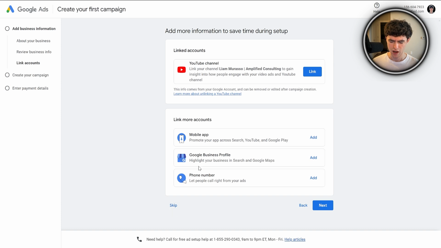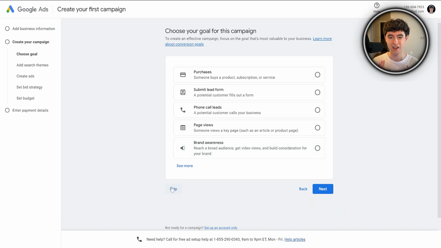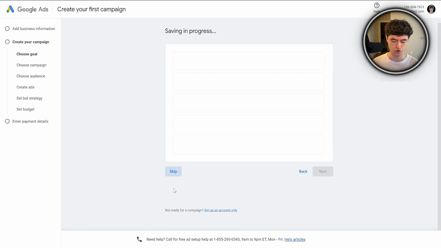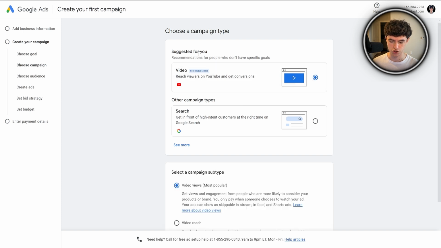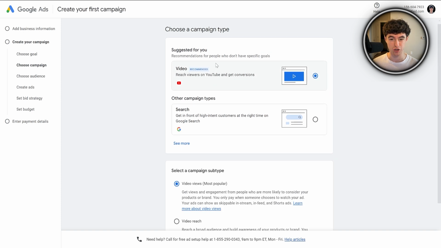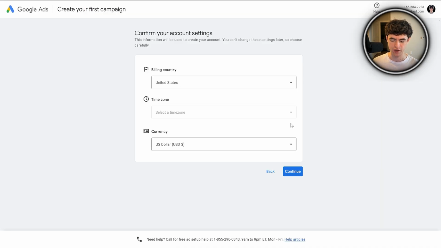And then from here, just skip this as well. You don't need to worry about this. For your goals, this is actually going to be setting up conversion tracking. We'll talk about that in a later video because it gets pretty in-depth. So just click Skip for now. And then for this, you're just going to want to choose your campaign type, which is going to be video. But actually, we're going to be doing this after we set up the account. So just click Skip, leave campaign creation, put in your credit card information, billing information, rather, click continue, and then